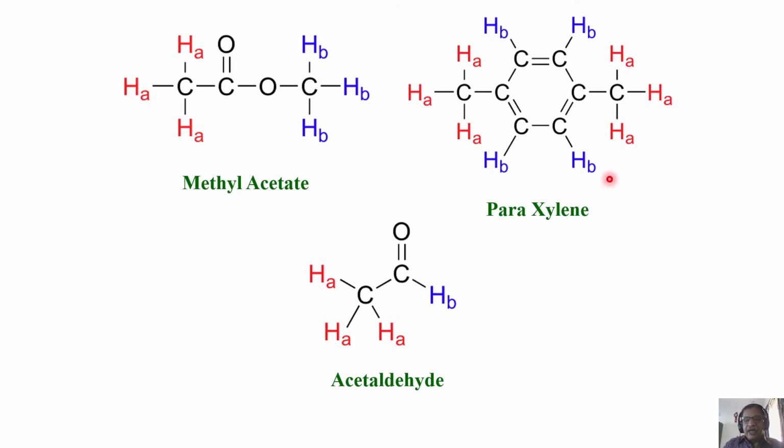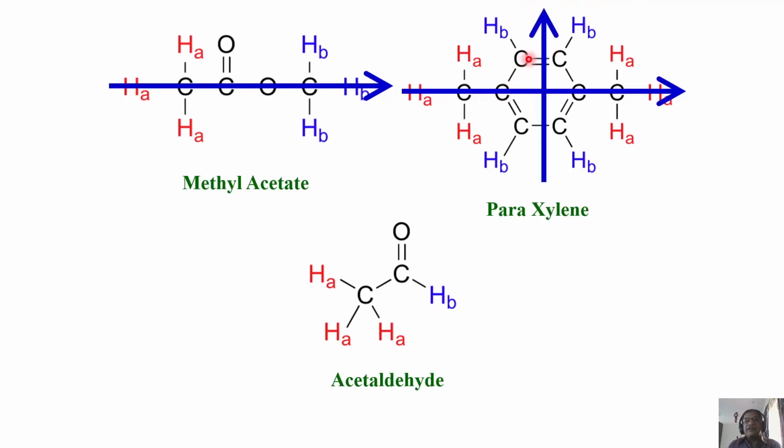All the three types of xylene you take, ortho, meta and para, all of them have symmetry. Now what is the symmetry axis here? This is the symmetry axis. Now what does it mean? Of course, there is another symmetry axis also for this side. It has C2V symmetry. Because of that, these three CH3 protons are equivalent with these three protons. There are 6 protons chemically equivalent.